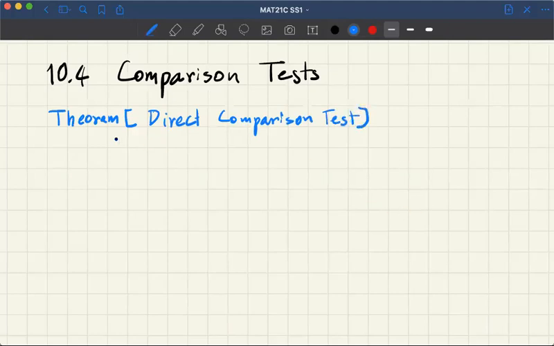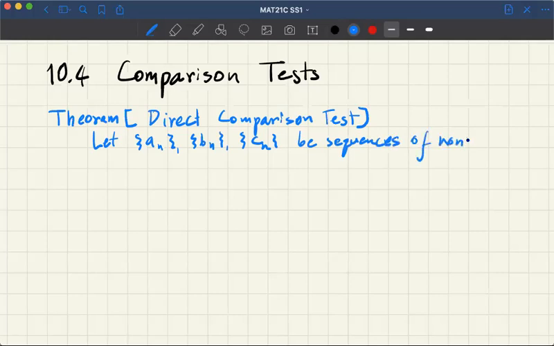It says if you have three sequences, An, Bn, Cn of non-negative terms. Suppose that for some integer, capital N, for some N,